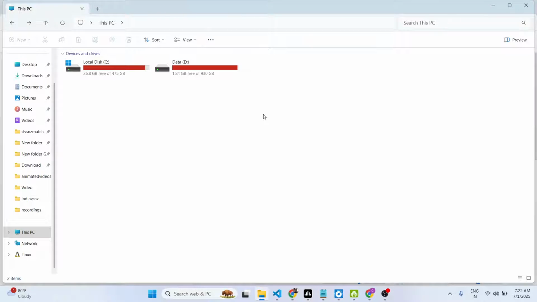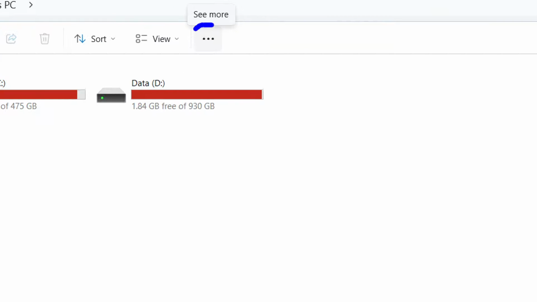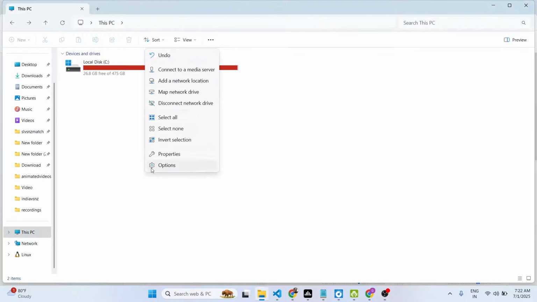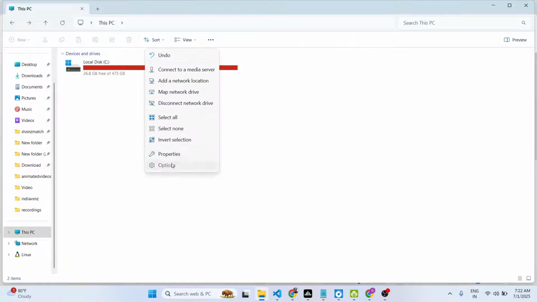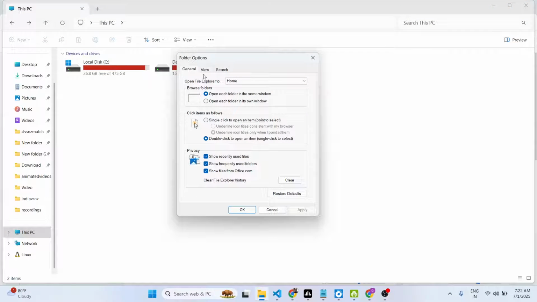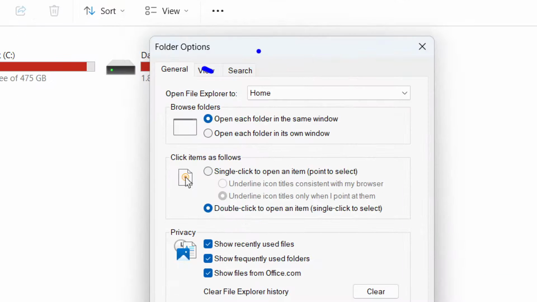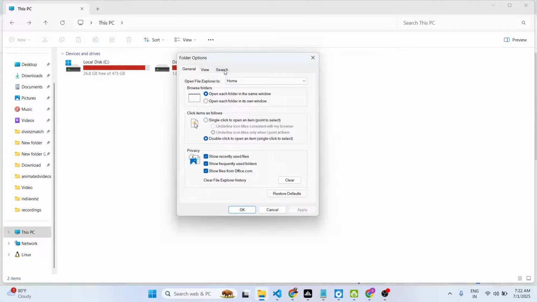So in this video, I will show you how to show hidden files and folders inside Windows 10 and 11. So once you go to this screen right here, there will be just three dots appearing right here. Simply click on that and you will see these options right here to see additional options related to files and folder. And here you need to go to this option which is